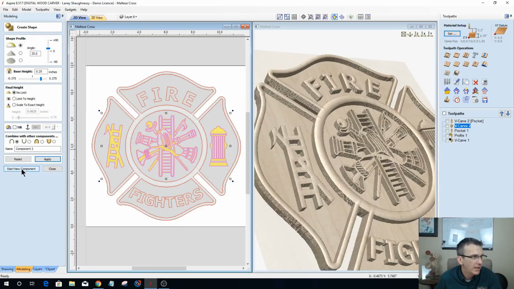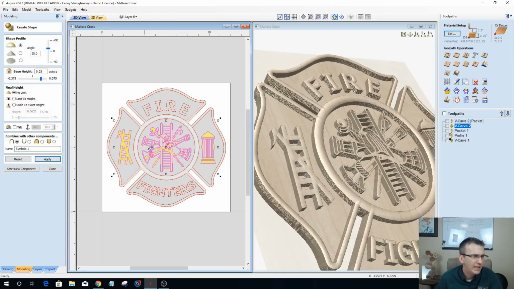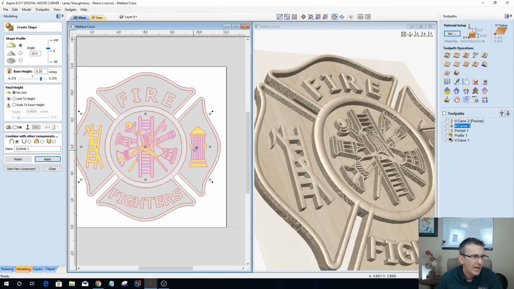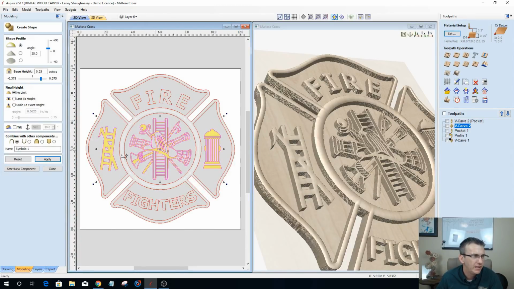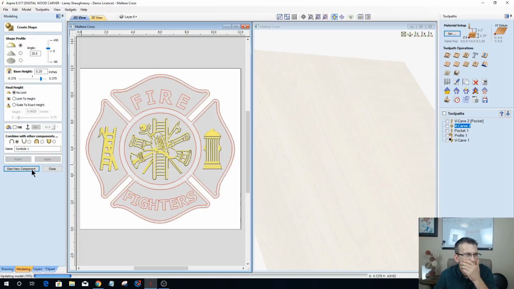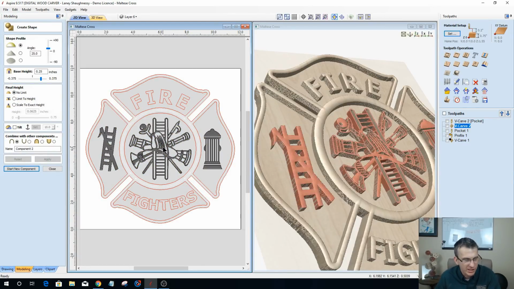All right, let's name it symbols 1. All right, start a new component. That should leave them in there this time. There we go. All right, now I should be able to merge with them still selected, and with starting a new component. I should be able to just